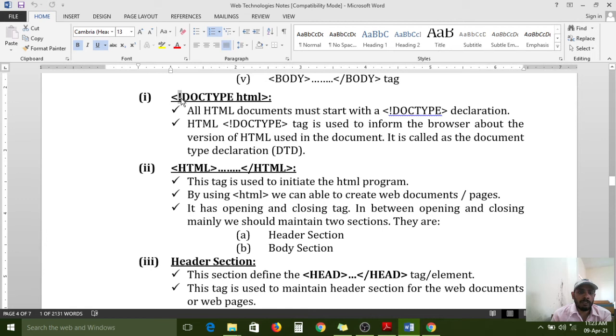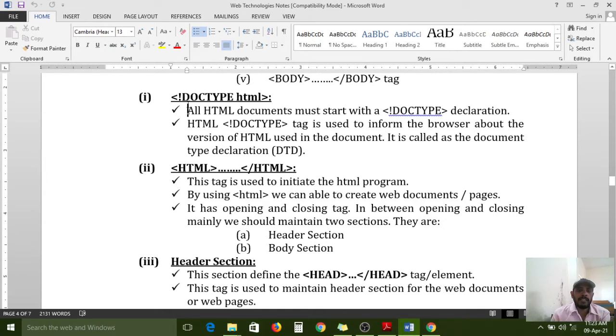If you want to use it, press Shift and that button, then the second symbol will appear on the screen. The exclamation mark is very useful for the doctype.